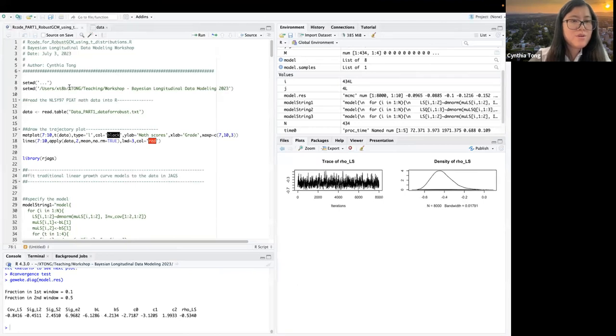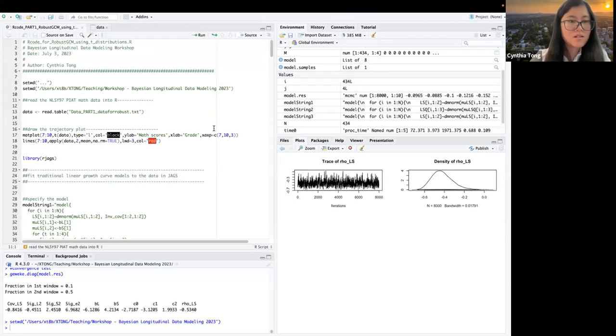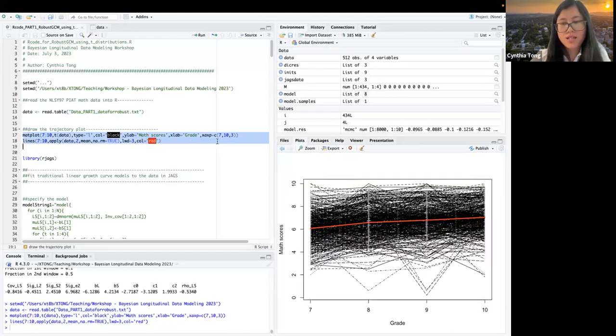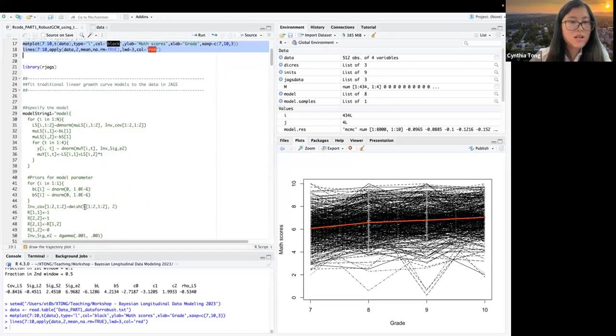Okay, so yeah, this is just another data set, and we have the data read into R. Now this data set has 512 subjects with 4 variables. This one doesn't really have missing data in it, okay? And we can draw a trajectory plot and get the overall change.